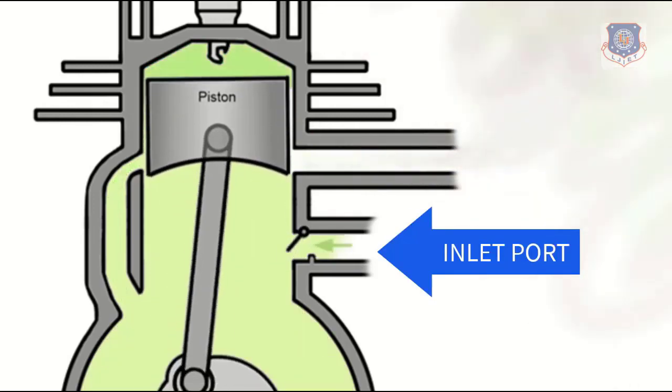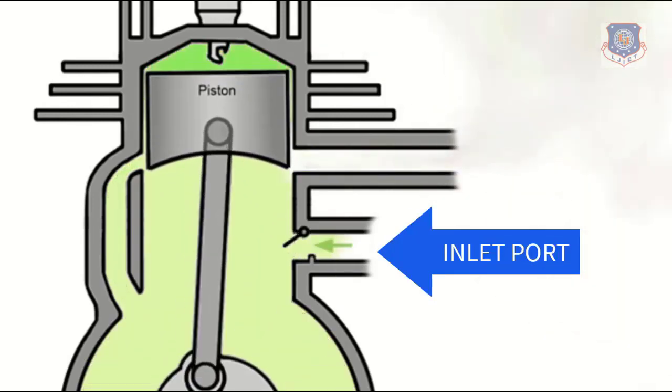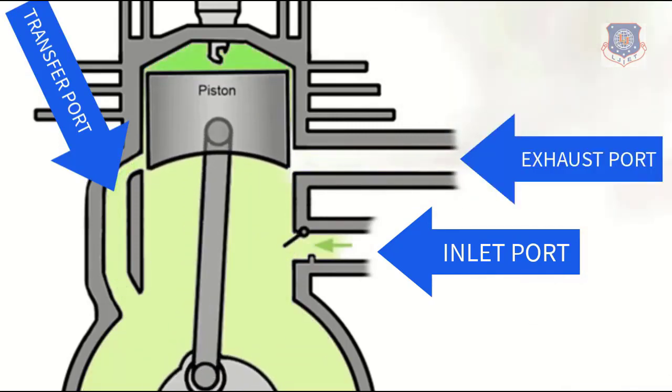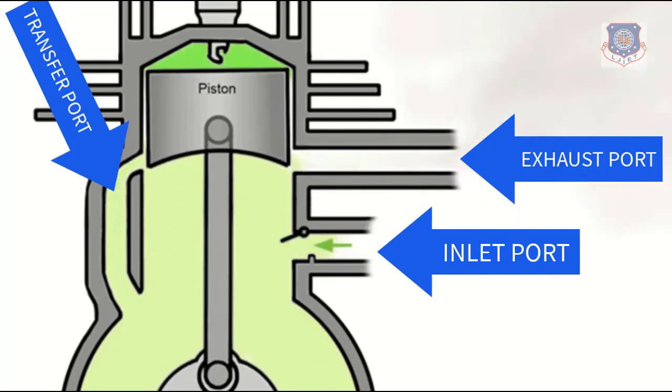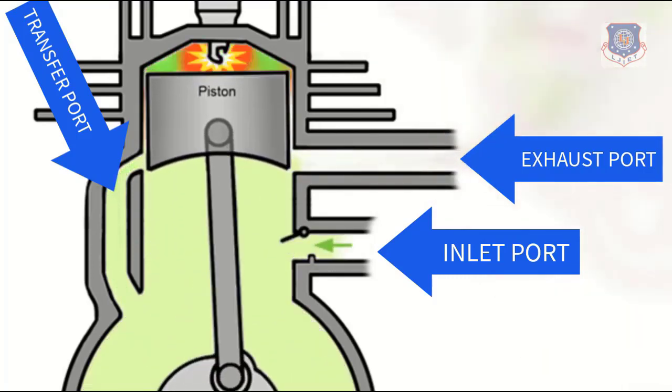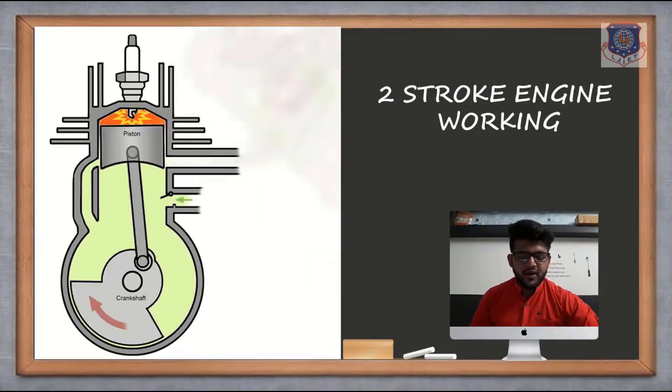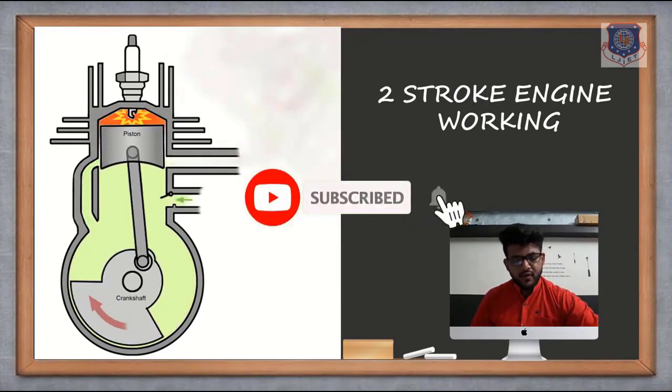Inlet port is at the below portion. Thereafter above it there will be transfer port, and opposite to transfer port there will be exhaust port. I am repeating again, there is inlet port which is actually at the bottom, thereafter a transfer port which is opposite to the inlet but slightly above it, and thereafter the exhaust port which will be exactly opposite in the engine construction. Sometimes it is given slightly up, so it will prevent the fresh charge from going outside. Fine. So let's see one by one what happens.